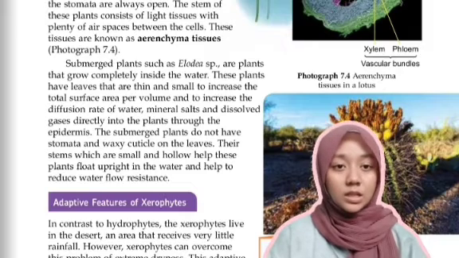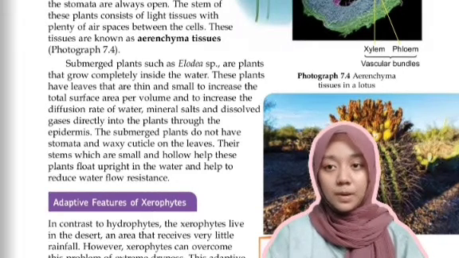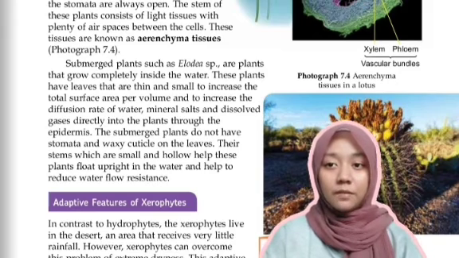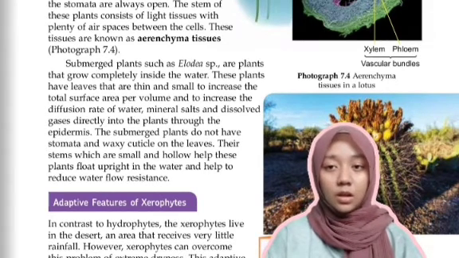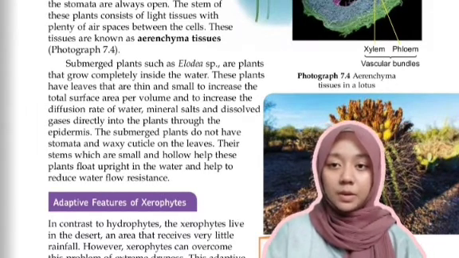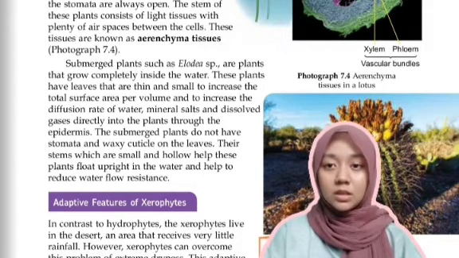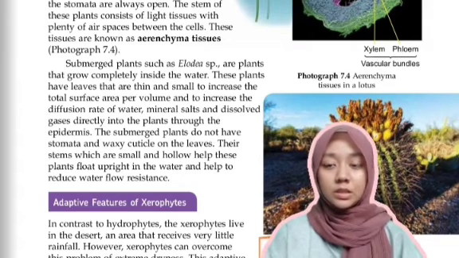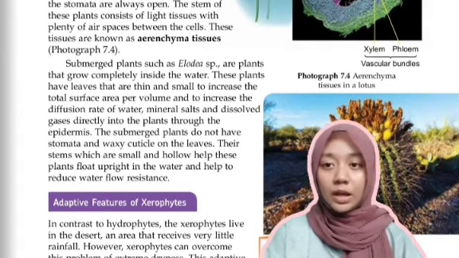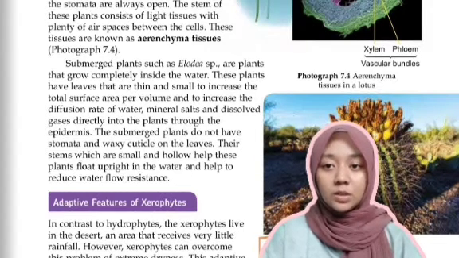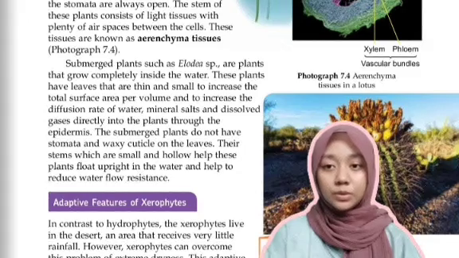Submerged plants such as Elodea species are plants that grow completely inside the water. These plants have leaves that are thin and small to increase the total surface area per volume and to increase the diffusion rate of water, mineral salts, and dissolved gases directly into the plants through the epidermis. The submerged plants do not have stomata and waxy cuticle on the leaves. Their stems, which are small and hollow, help these plants float upright in the water and help to reduce the